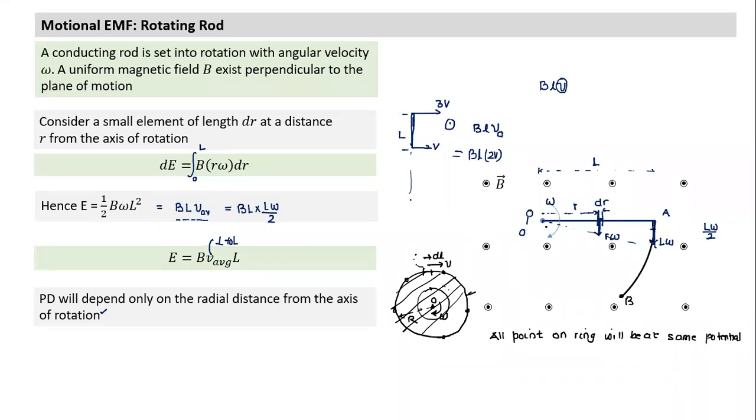So whatever shape we have, can I extend this logic here? Suppose I have a piece which is like this, rotated with angular velocity omega. This length is L, this length is L. This is O, this is A, and this is B. There's a magnetic field B naught. What will the EMF across O and B be?